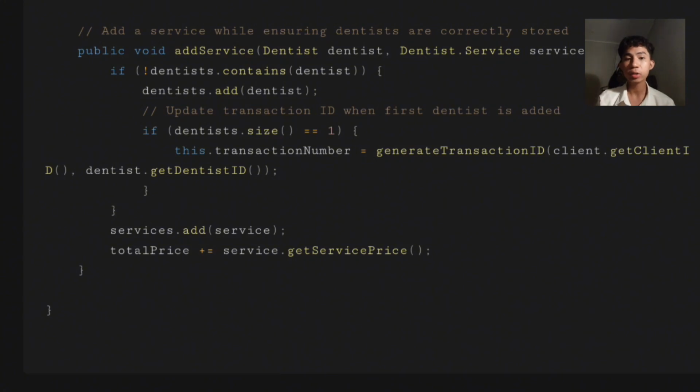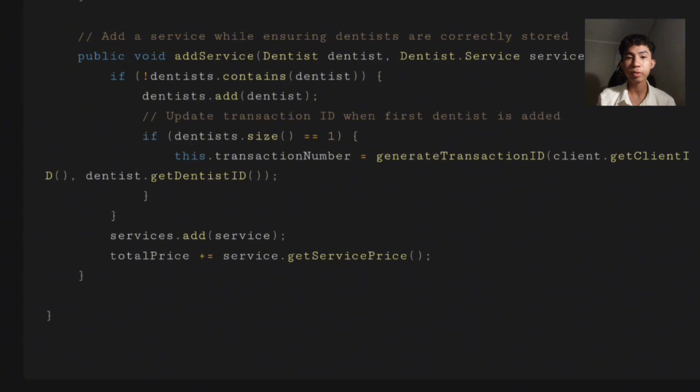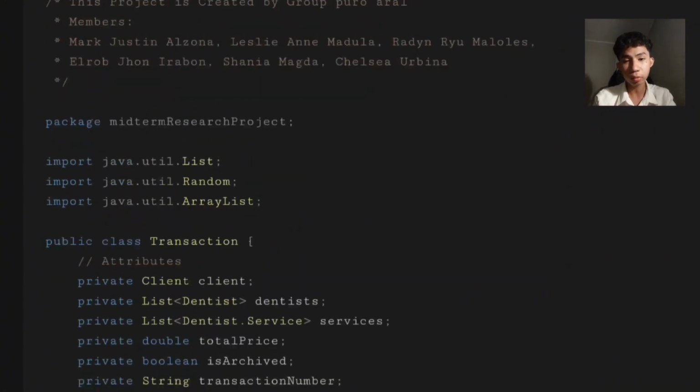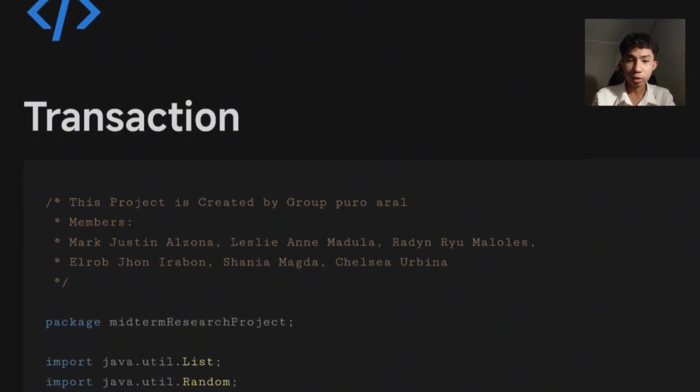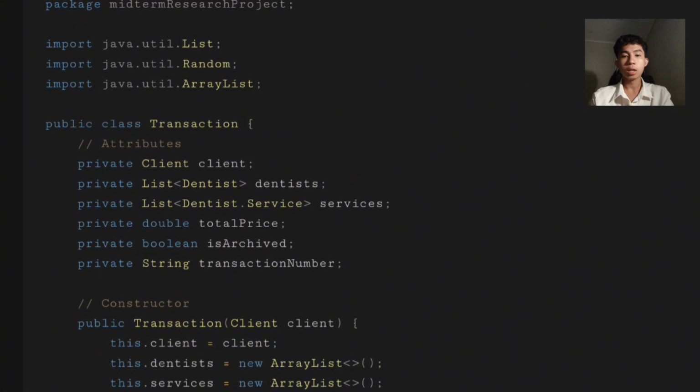So working on the transaction class has been an enriching experience, as it has given me a deeper understanding of OOP, or Object-Oriented Programming principles, particularly in handling lists, constructors, and data encapsulation. Through this project, I realized how crucial it is to design well-structured classes that efficiently manage data. The transaction class highlights the importance of keeping records organized, generating unique identifiers, and ensuring that every transaction detail is stored correctly. Moreover, implementing proper getter and setter methods reinforces the importance of data security and controlled access to attributes.